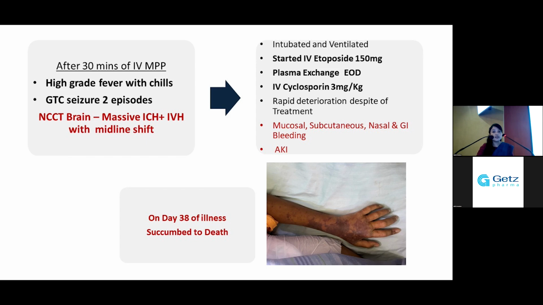However, despite these combined therapies, the patient deteriorated rapidly, and on the subsequent days, the patient developed mucosal, subcutaneous, nasal, and GI bleeding. And this was her subcutaneous bleeding, and apart from that, she had melena and ETT bleeding as well, and AKI with renal shutdown. So on day 38 of the illness,